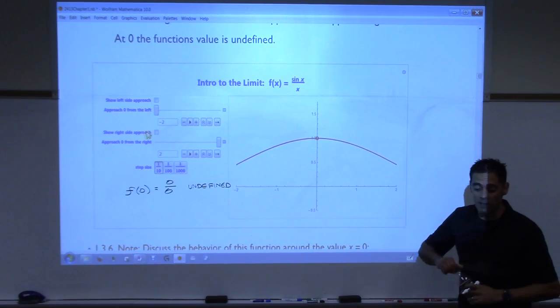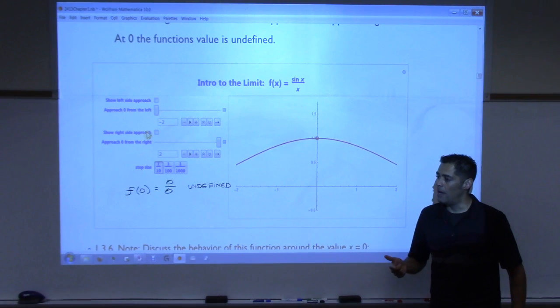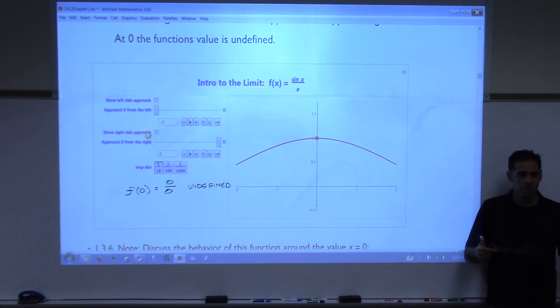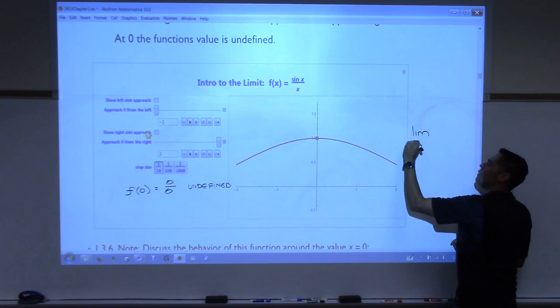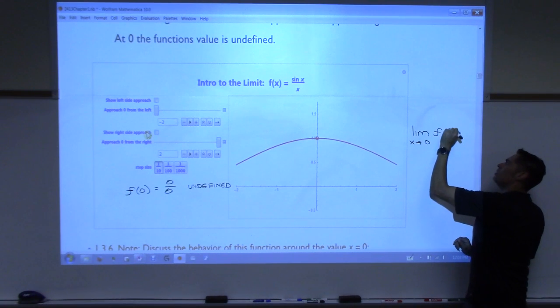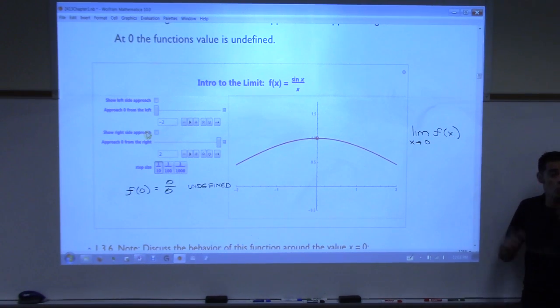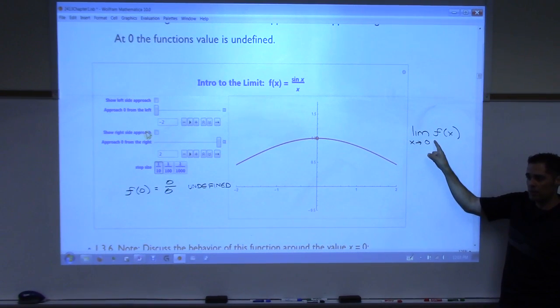Okay, so we want to start talking like calculus students. What is the limit as x approaches 0 of this function? So I'm asking you this. What is the limit as x approaches 0 of this function? 1. Everybody see that? Now you have to, because I did not put plus or minus here, you had to